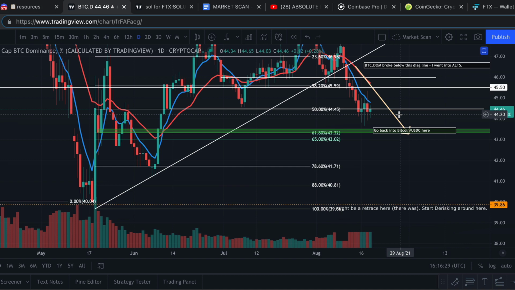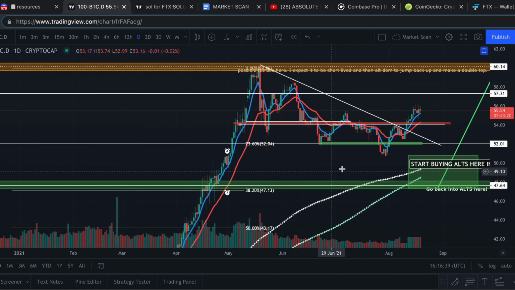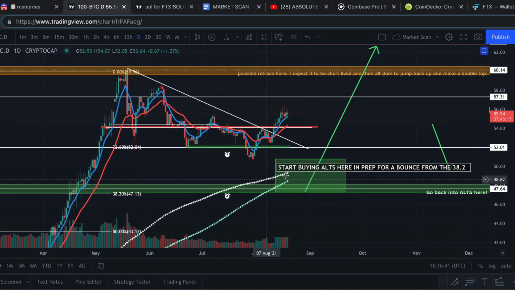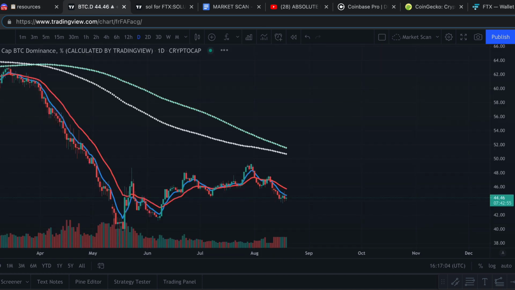So that is that. And if we go down to 100 Bitcoin dominance, aka altcoin dominance, I was just waiting for alts to come down here. This was the main thing, but of course it simply bounced off the 23.6, and once it breached this level right here, I was like, shit, we got to go into alts. So started going to alts heavy, told everyone about it. We made an absolute killing,